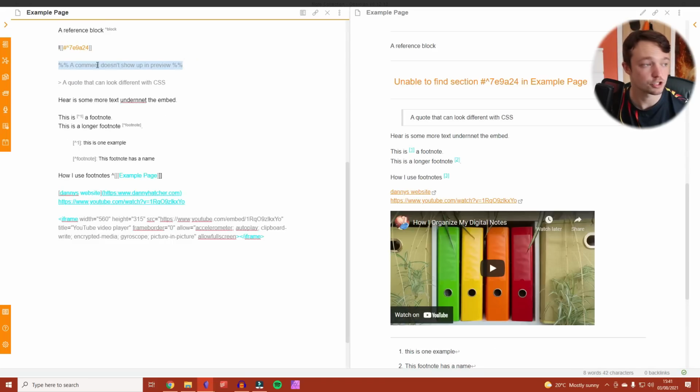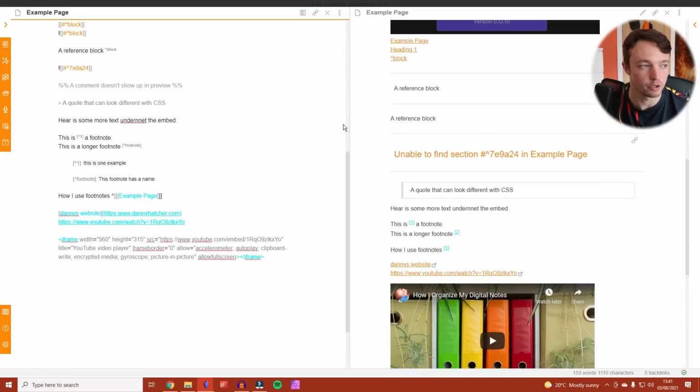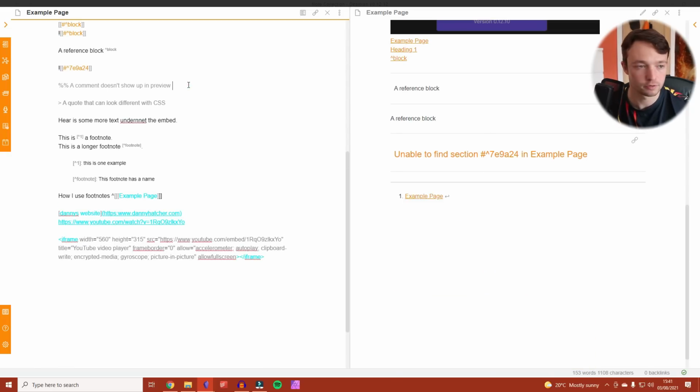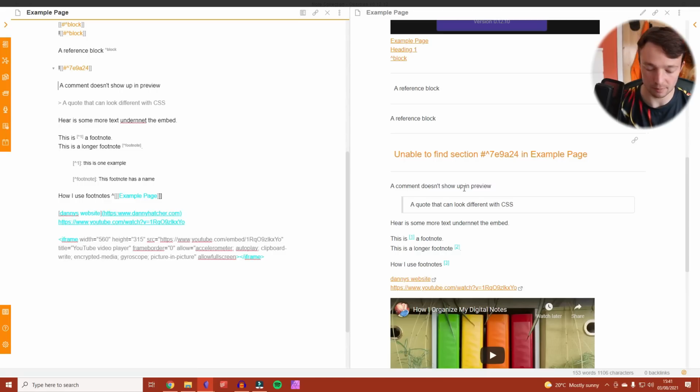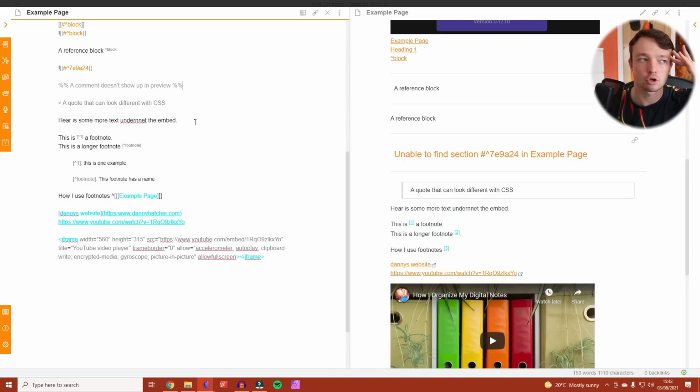We have a comment here. So a comment doesn't actually show in the preview because it works the same as code. It's a comment. If I was to get rid of it, it's now appeared; as a comment it doesn't show up. What I use this for is when I have a comment or a thought in mind when I'm working on the page, oh, that'd be a good idea, I either put it into Todoist, which is my task management,